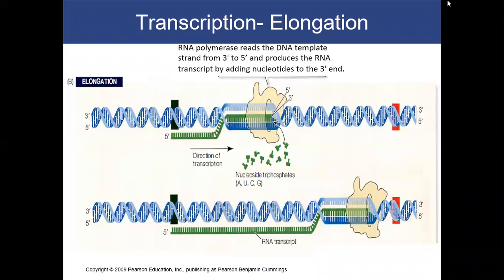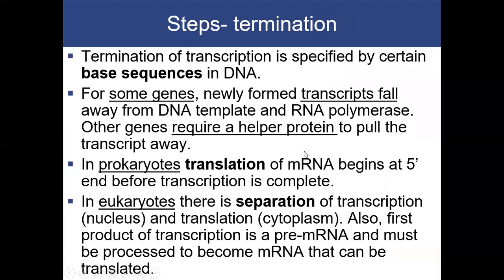And so basically all of these molecules that are required to carry out these processes are all floating around in the cytosol. Because of this, we can have translation beginning before transcription would have been completed. So for eukaryotes, because we have that separation there, the mRNA is made, and after the mRNA